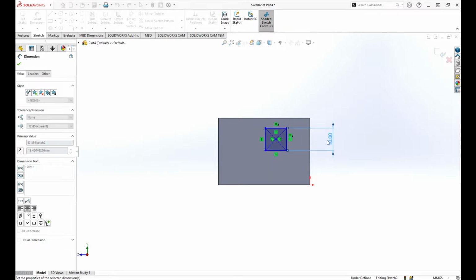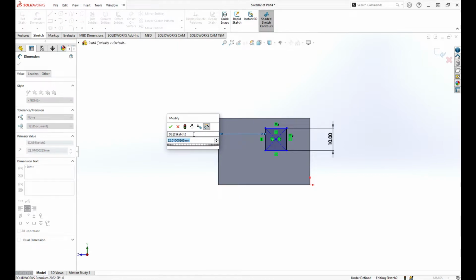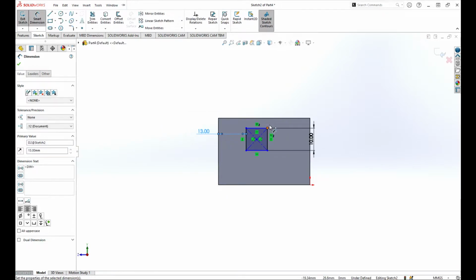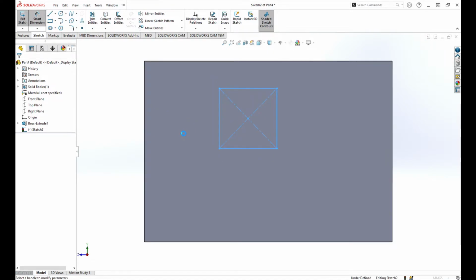Let's say we have 10 millimeters. Also, we can try to just place it on the center there. Let's have 13, 12, 13. 13, not exactly at the center, but still okay. If you exit the sketch, it will now take you back to